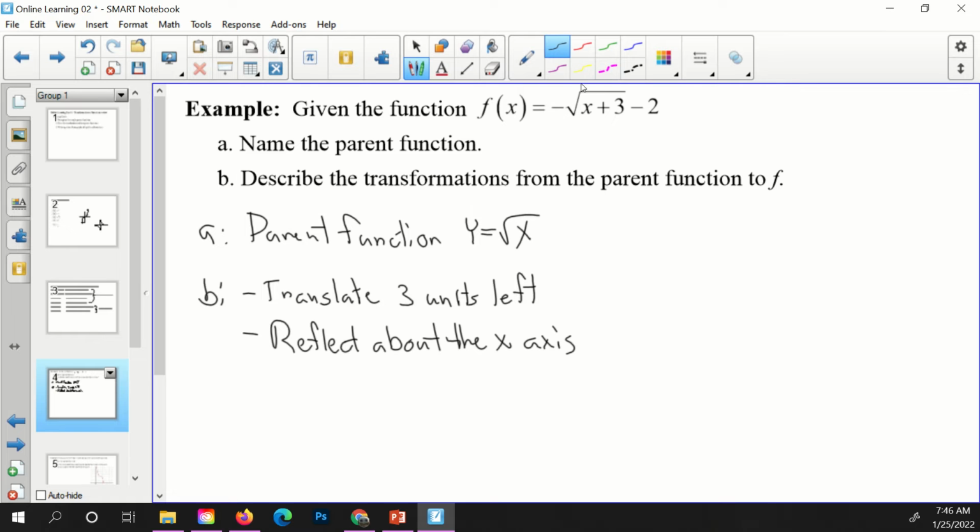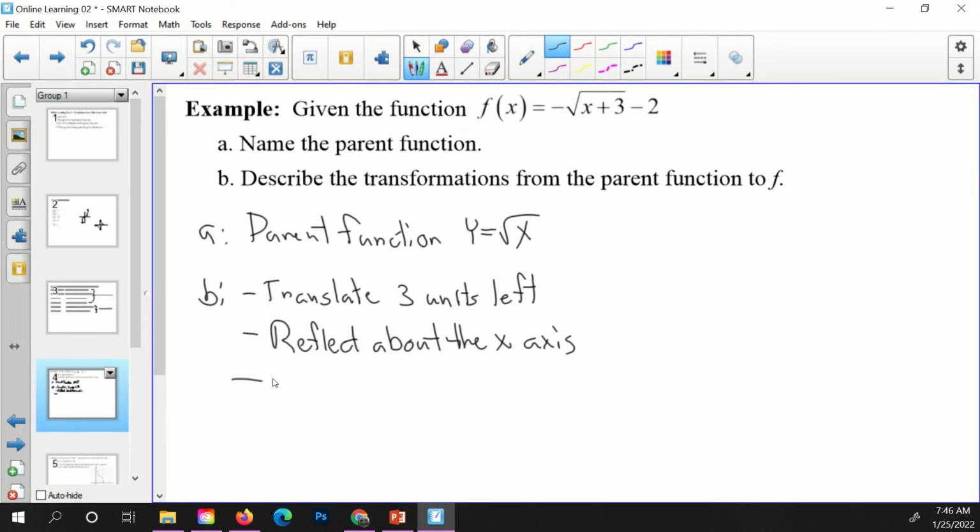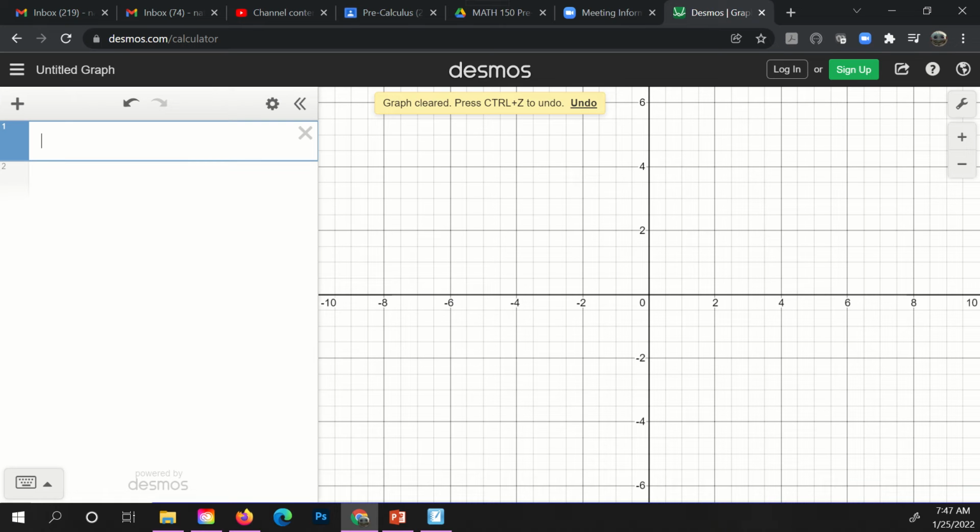So again, I've done the function, so I'm subtracting 2 from the function, which is this one right here. If you add, it's a translation up. So if we're going to subtract, that's going to be a translate 2 units down. Now, if you're unsure, you can always go to Desmos, and you can type in both the parent function